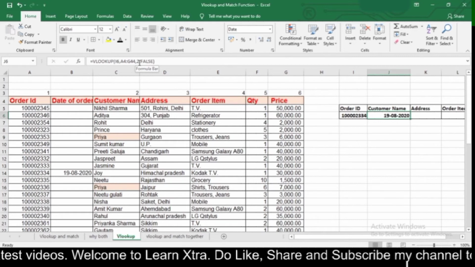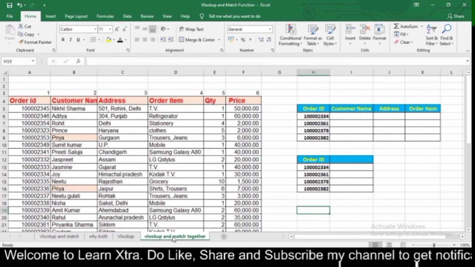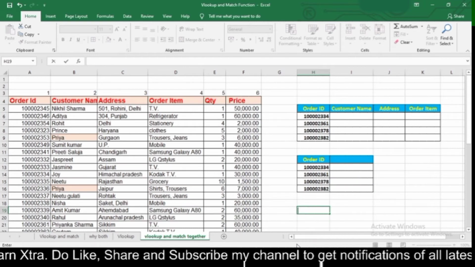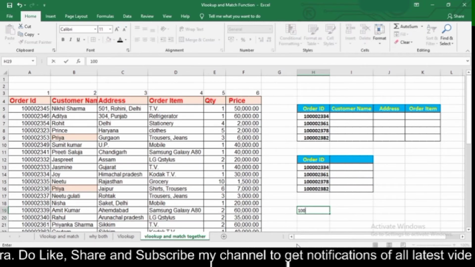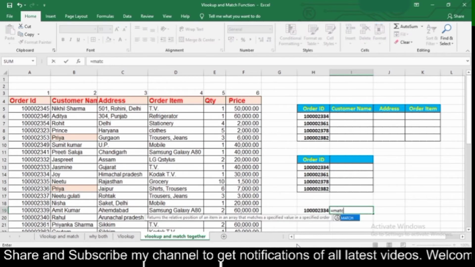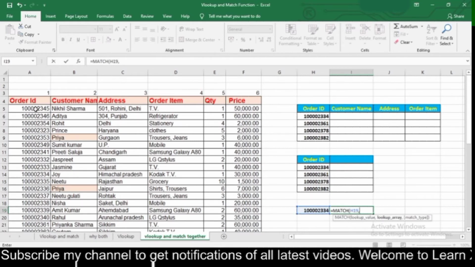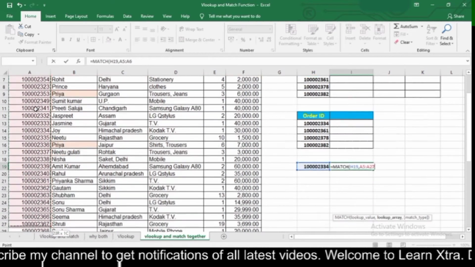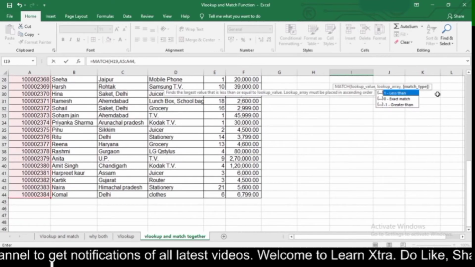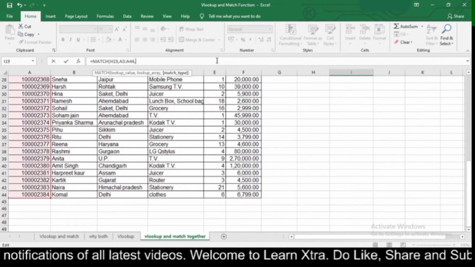Now let's use VLOOKUP and match function together, but before that let us understand match function with the help of a simple example. Equal to match, like I want to find out the order ID 100002334, equal to match, my lookup value is this and my lookup array is this, then comma, and I will type 0 for exact match and then press enter.